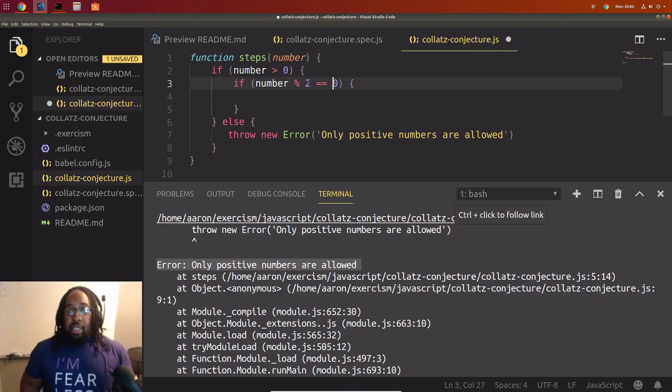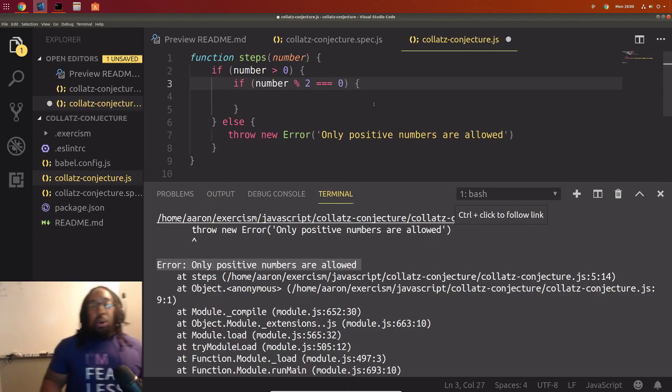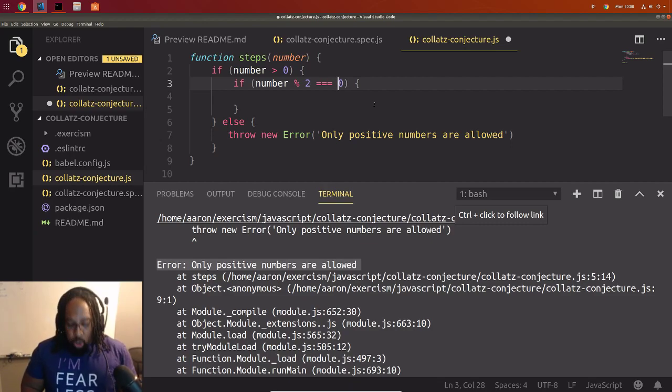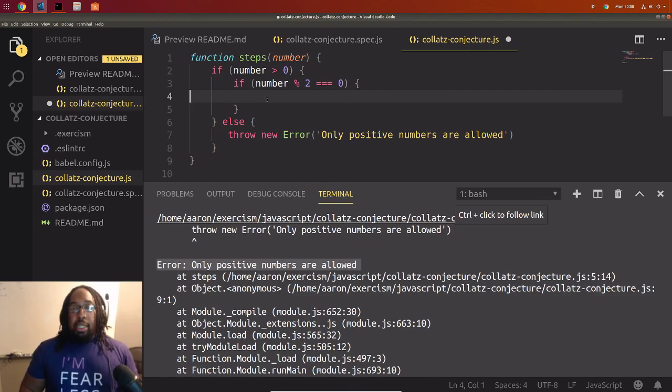But this would mean that I could either put 0 as a number or an integer or 0 as a string. Both of these would result to true. So this would work for me right now, but we want to be as intentional as possible. And 3 equals matches on both the value and the type. So because this 0 is an integer, this will default to false if it turns into 0 as a string, because 0 as a string and 0 as a number are not the same thing. Cool. So basically, if number modulo 2 equals 0, we are going to do something.